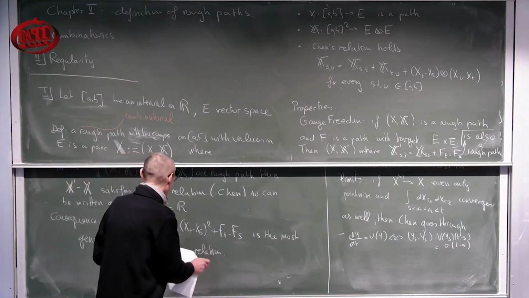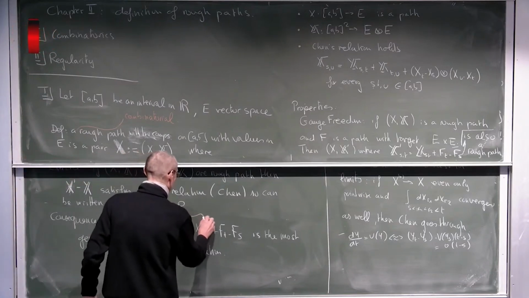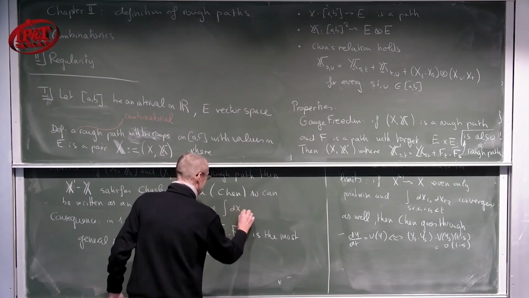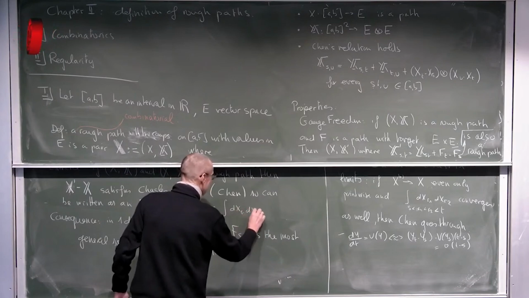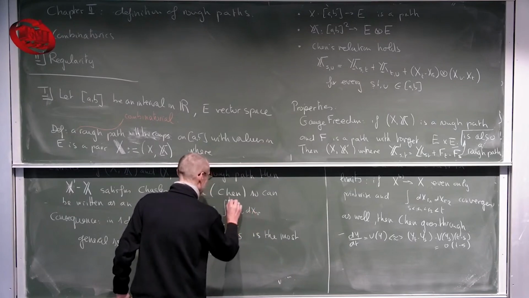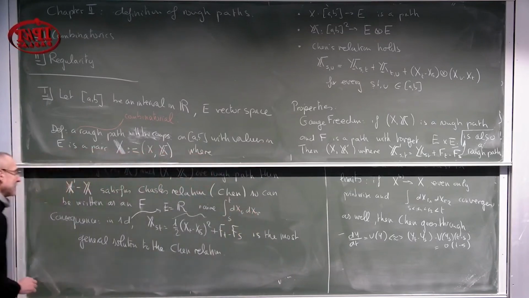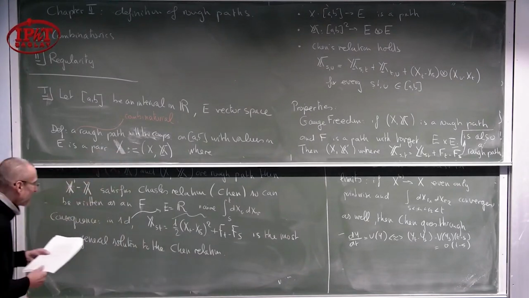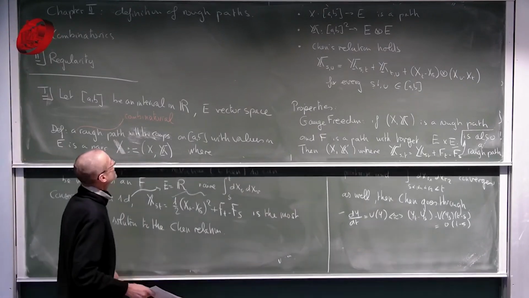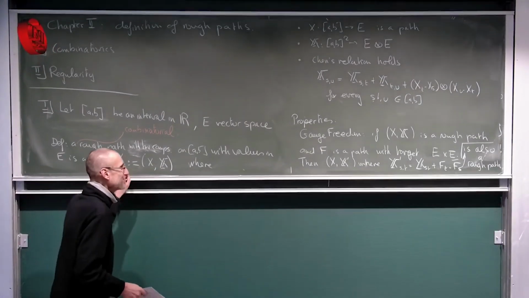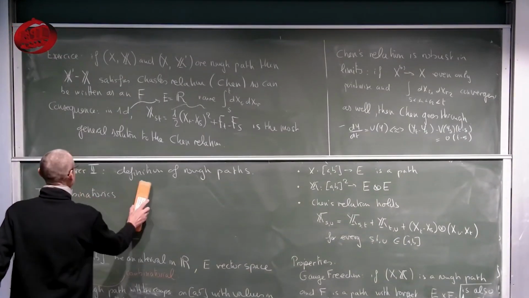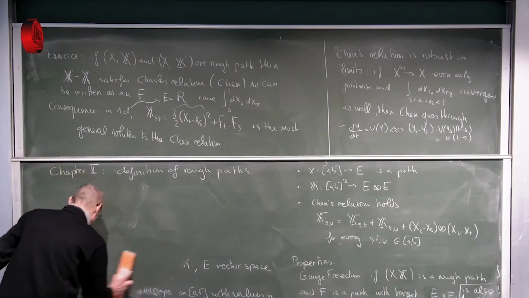And you see, this is the naive interpretation. This is the naive ∫ dx u dx v from s to t. It satisfies the Chen relations, and then we add this. I have to look at my notes because this is something I always have a tendency to mess up. It's just to explain the name rough path. You could say that we are slightly in